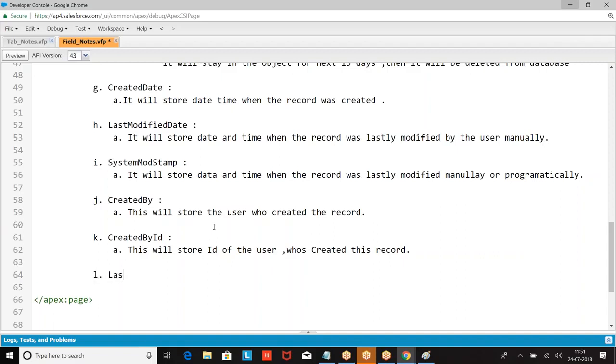Then last, this will refer to the user who modified the record lastly.